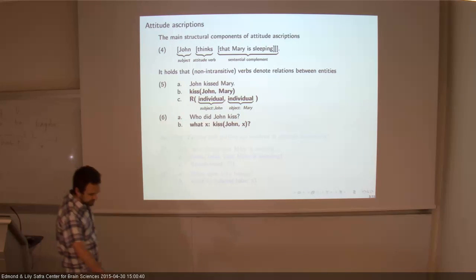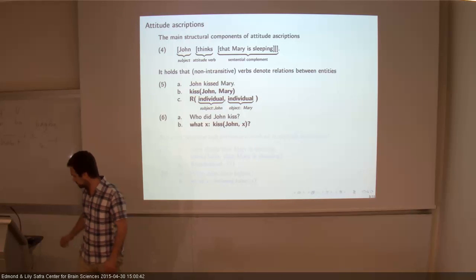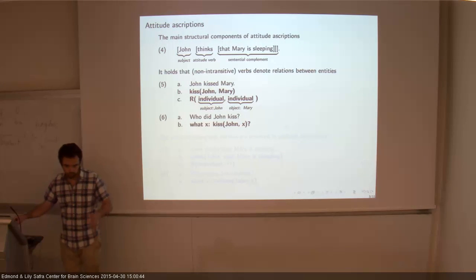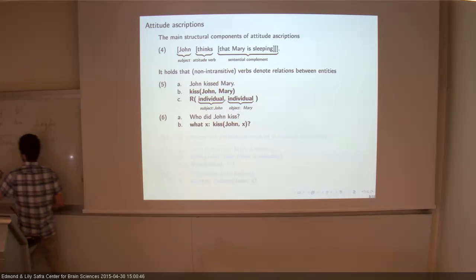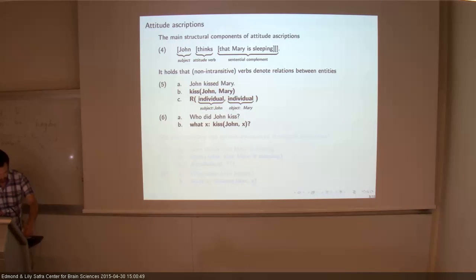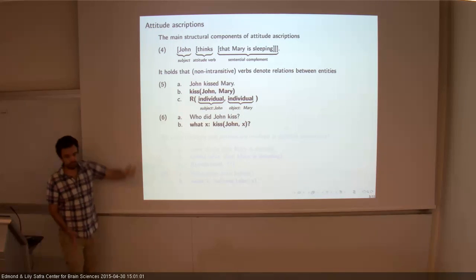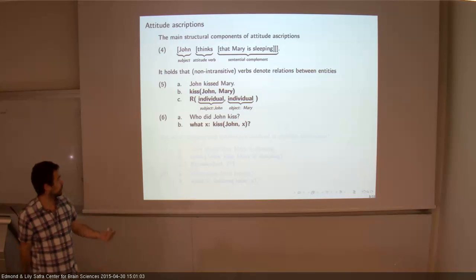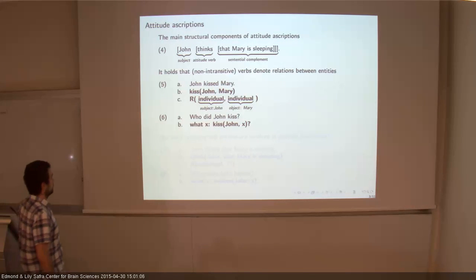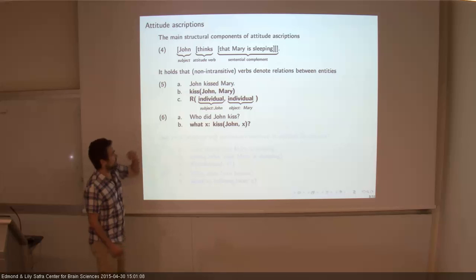We can give it a very fancy intensional characterization of what kissing is. We might argue about what the different components of kissing are, but to some extent this kind of intensional characterization of predicates like kiss can be given. We know what John means. That guy. We know what Mary means. That girl. And then we're simply stating that they stand in a relation